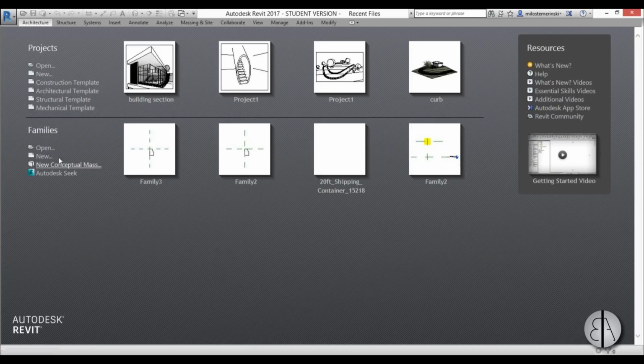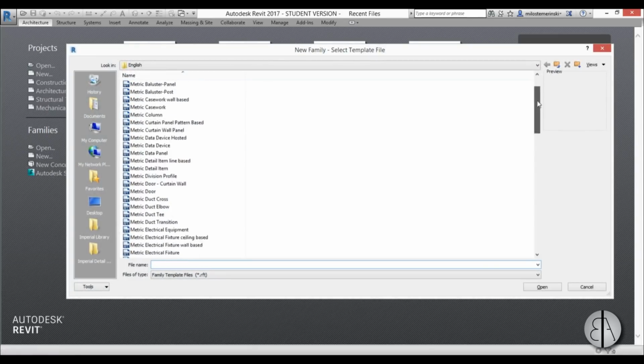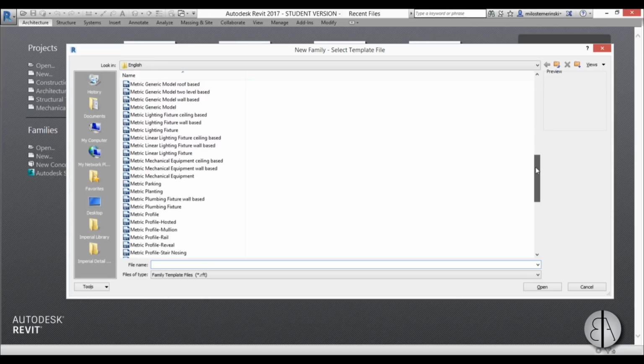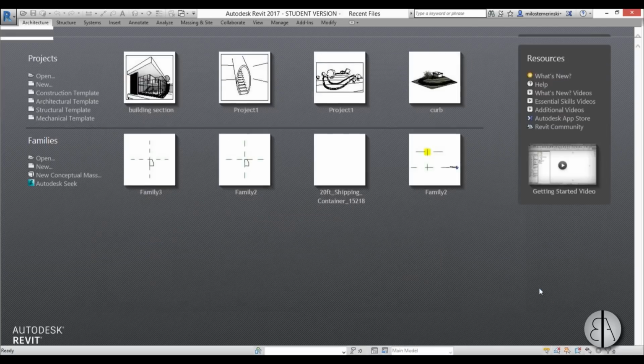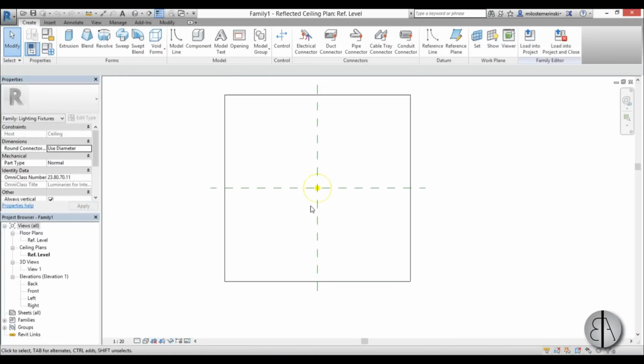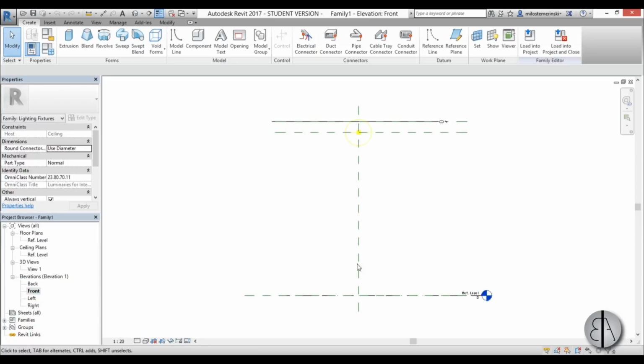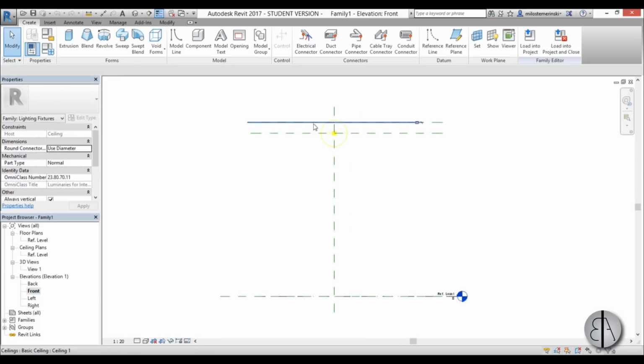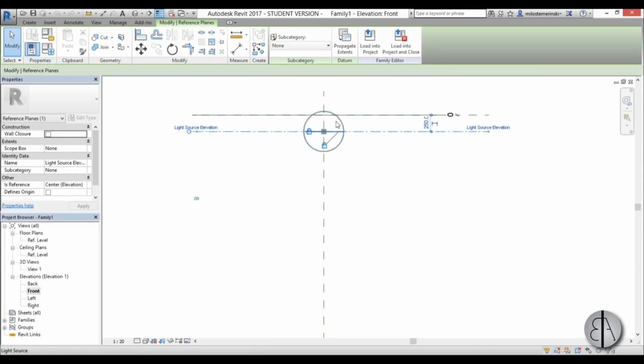So let's get started. I'm going to create a new family, so I'm just going to go here to families, new, and then I'm going to search for a lighting fixture, and I'm going to choose this ceiling based lighting fixture. Open it up and you get something that looks like this. Now you're in the ceiling plan, but if we go to front elevation, you get something that looks like this. You have your ceiling, you have your reference level, and then you have this offset plane